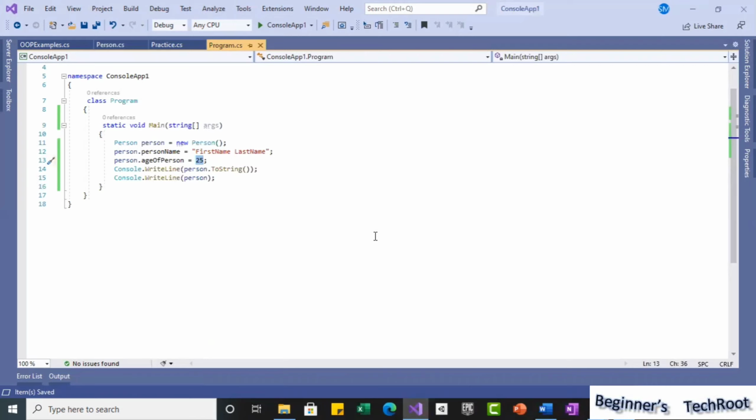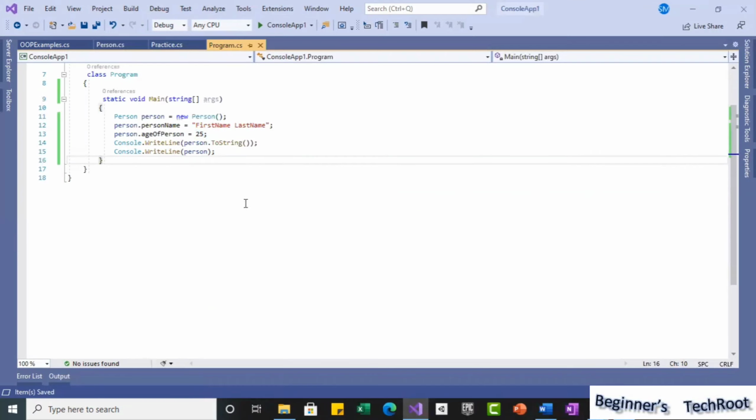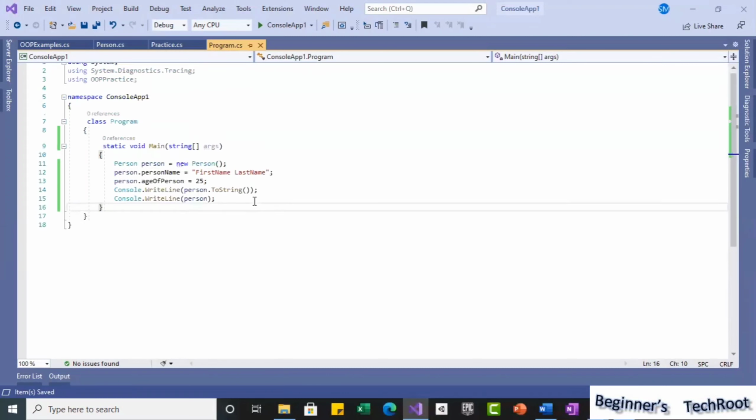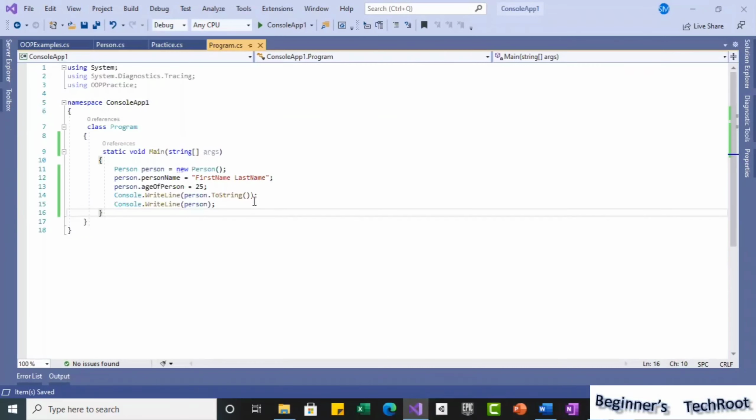Now, how can we do it with our own custom samples? If you want to know that, we will take one simple example and I will show you. For example, just think about shapes.